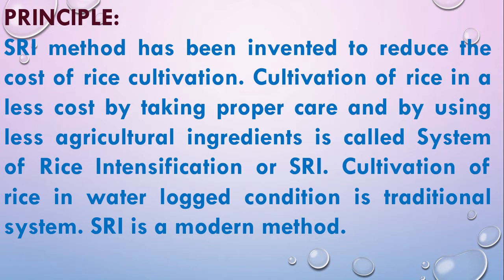The seed will be less, we use organic fertilizer, and we use machines for weeding. And the most important thing is that we use a different type of irrigation method, which is called AWD, that means alternate wetting and drying. But in the traditional method, we use 3 to 4 seedlings per hill,